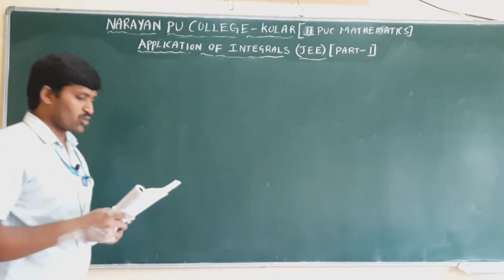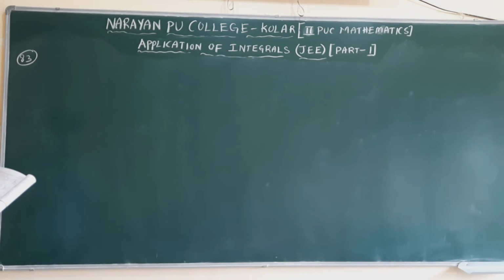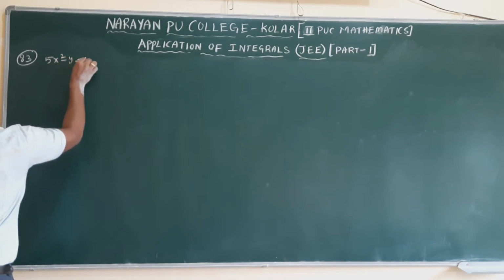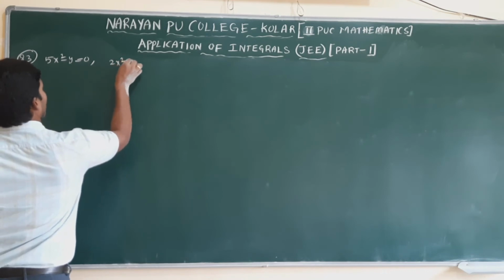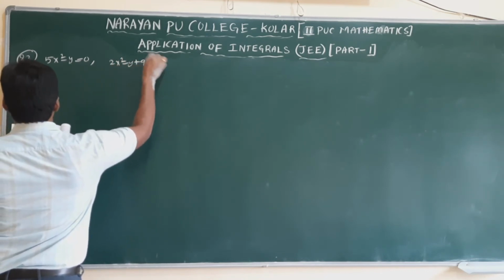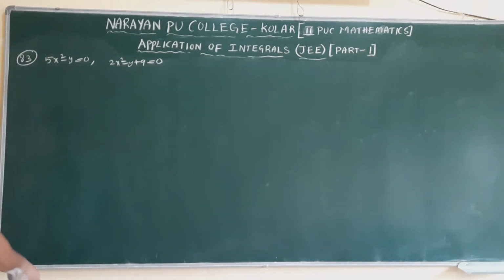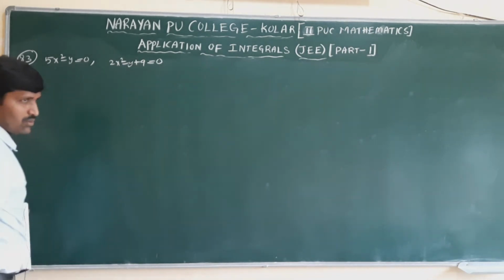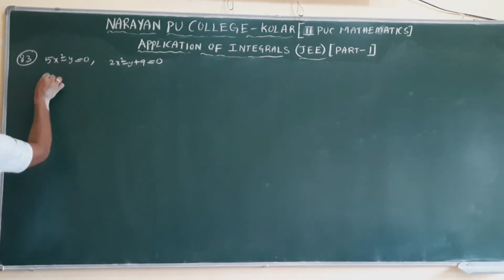So next, question number 83. The area inside the parabola 5x square minus y equal to 0 but outside the parabola 2x square minus y plus 9 equal to 0. For these two, it is clearly given: inside 5x square minus y equal to 0, and outside this other parabola. Now how to find this? Send the y to the other side. Now what will you get here?